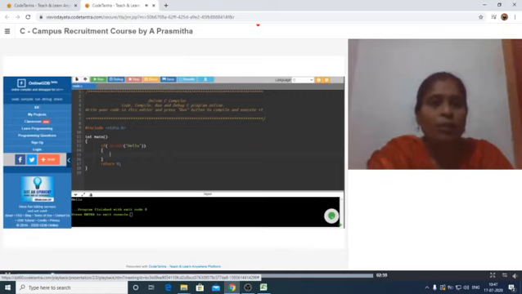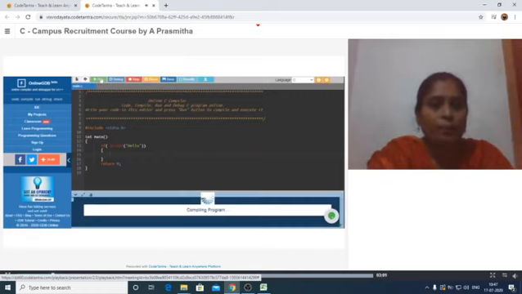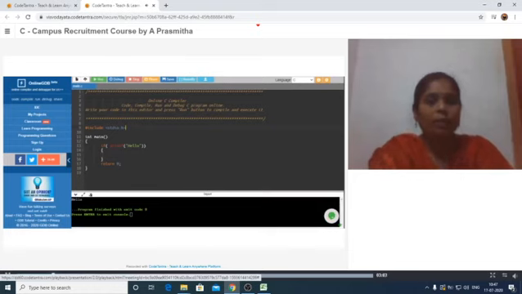So now I am going to execute this program. See, we could see hello here. I have not used a semicolon, but still I could print hello as an output. So this is one way, using an if statement.